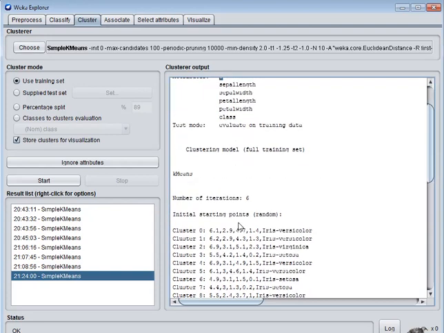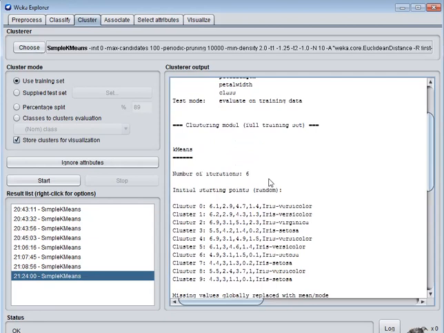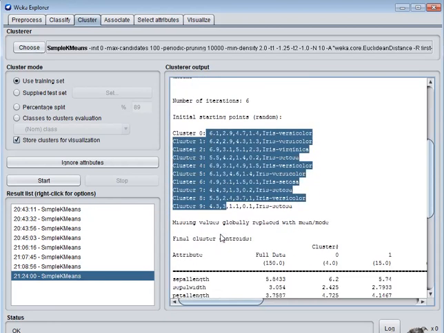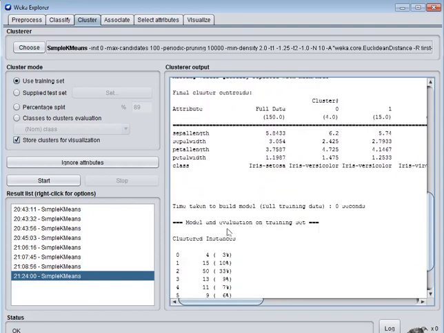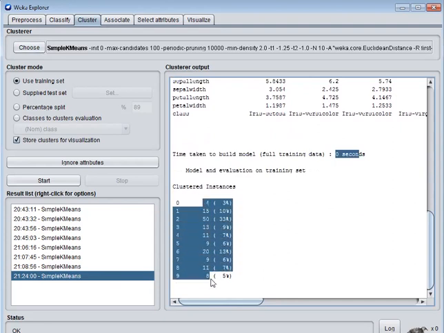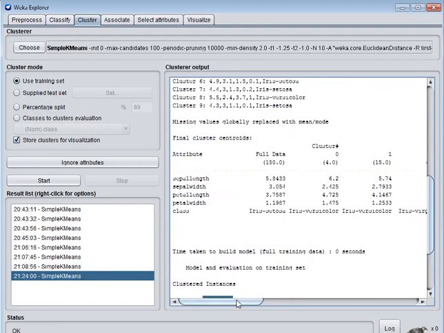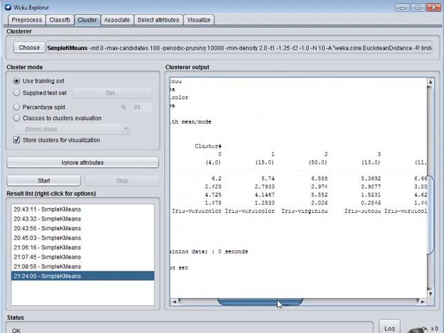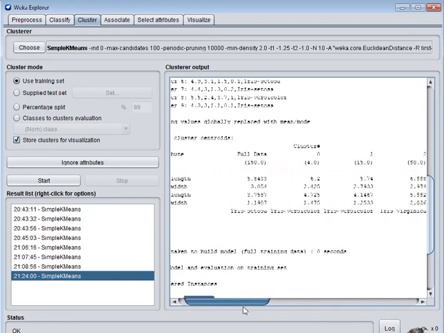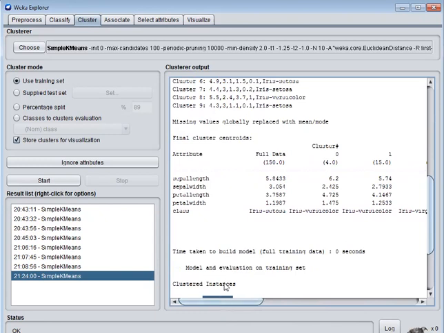For the 150 instances it took 6 iterations, formed 10 clusters, and the time taken is 0 seconds. The clustered instances are shown this way. Then the full data attributes of each cluster are displayed for each attribute.